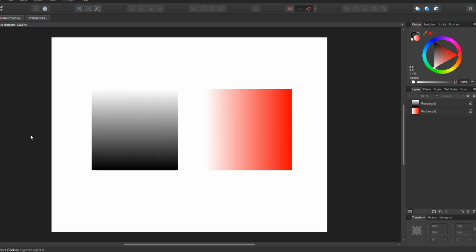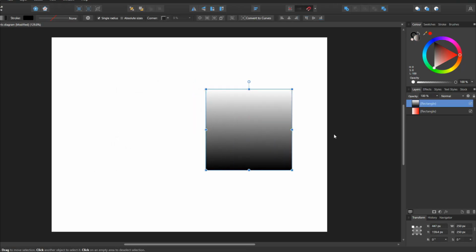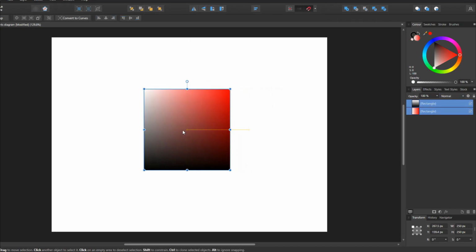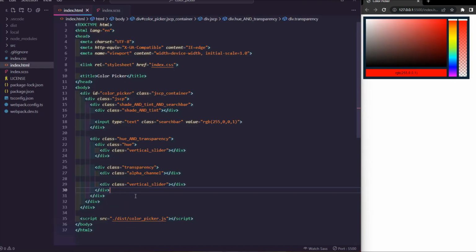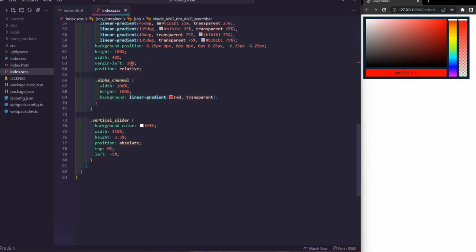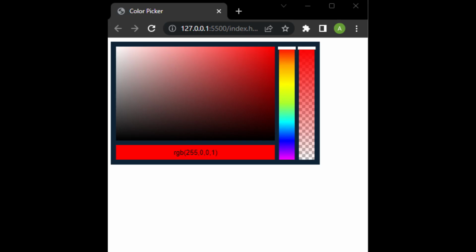The shade gradient goes from bottom to top and the tint gradient goes from right to left. Even though the tint gradient is below the shade gradient, it's still visible because of the transparency in the shade gradient. After I finished the CSS for the components, I decided to change the background color of the color picker to something darker so that the components stand out more. I also added sliders at the top of the hue component and the alpha channel to aid the user with their selection. I was planning on adding a draggable element to the chroma component as well, but I postponed it for later.